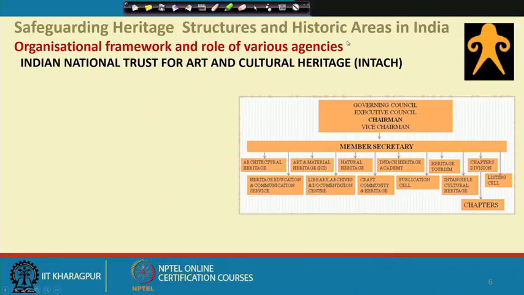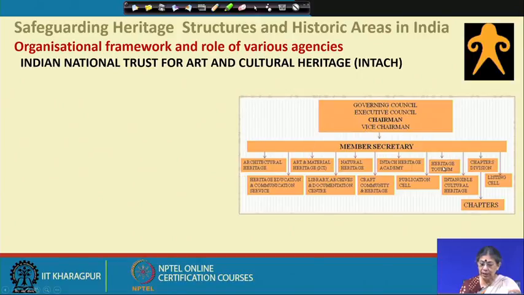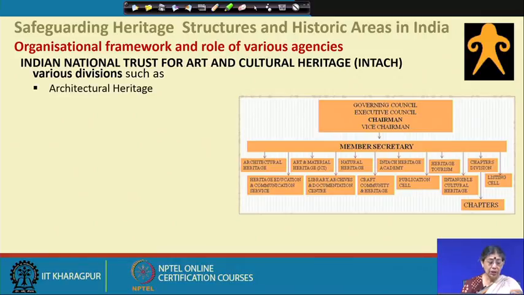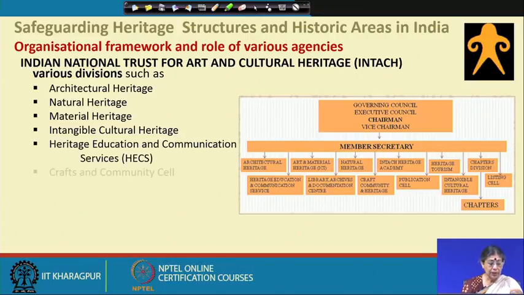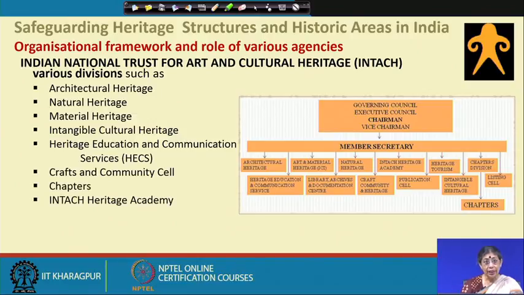This is the structure of INTACH, where there is an executive council, the vice chairman, and the member secretary, and under that there are the various divisions, and then there are the chapters, which are the local chapters. So, let us see what the various divisions are. There are the architectural heritage, natural heritage, material heritage, intangible cultural heritage, heritage education and communication services, crafts and community cell, chapters, and the INTACH Heritage Academy, which is